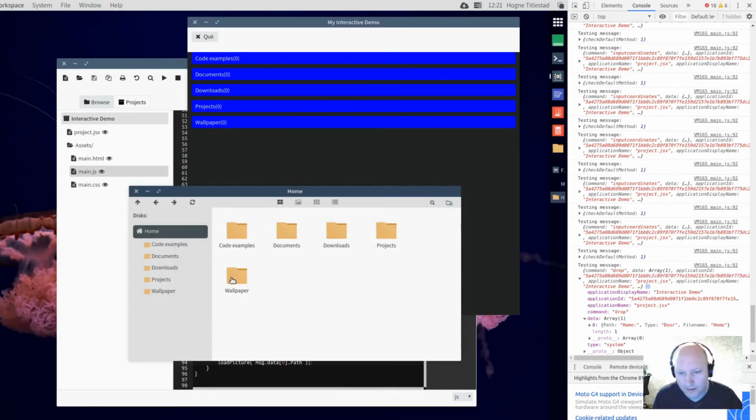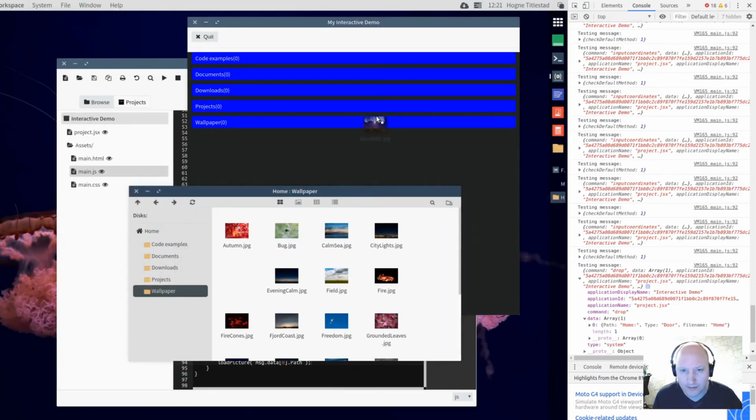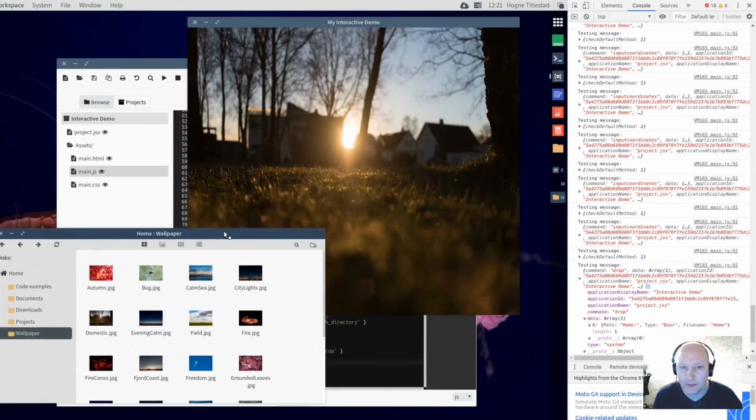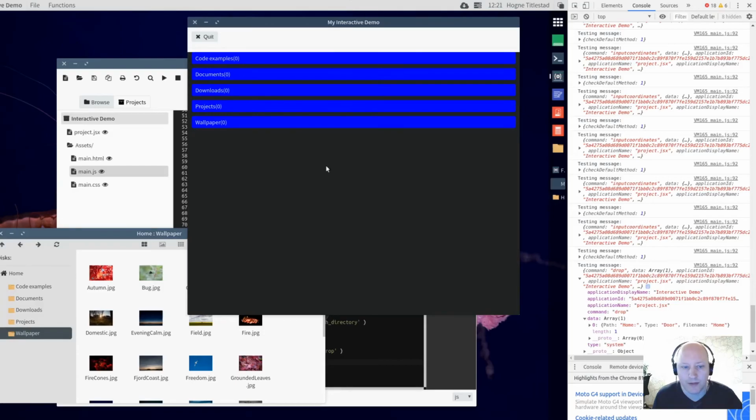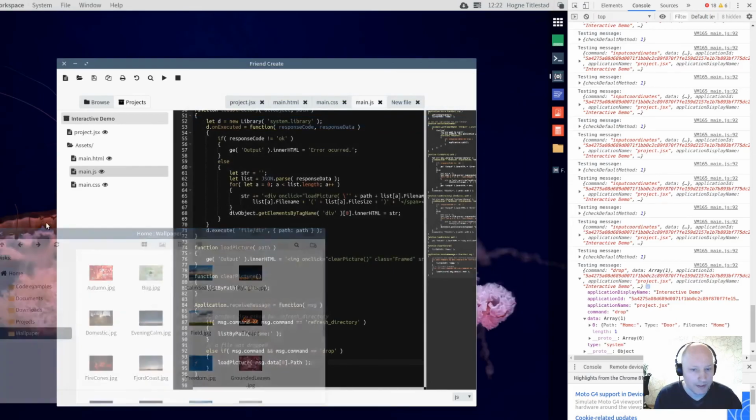Go in here, wallpaper, and drop. And boom, it worked. And I can do functions and refresh. So now you have drag and drop support in the system. Obviously you can also do drop targets, so you can make sure that you drop on a specific element and so on, but again, for the purposes of this application, that's out of scope. So the final thing I want to do in this one is that I want to have